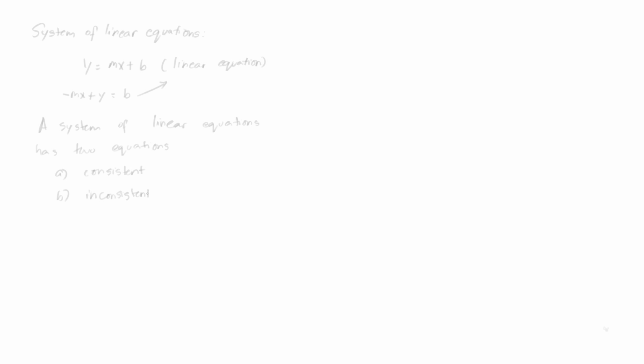Inconsistent would mean that the system would not have a solution. There is no solution. Consistent would imply that there is a unique solution